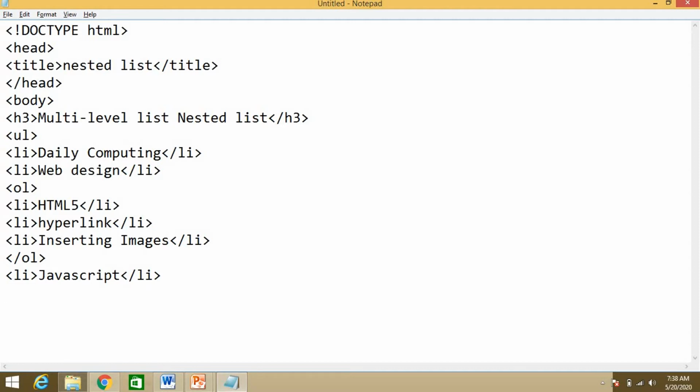Okay, now after that I am going to use another UL having style equal to list-style-type will be the circle. Okay, so let's have this kind of list,